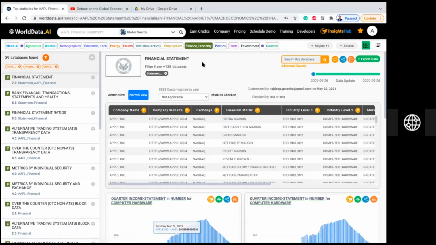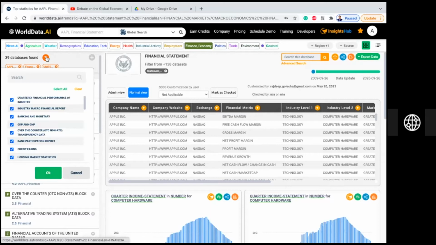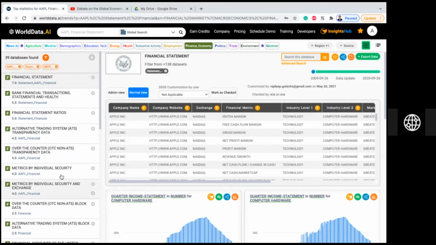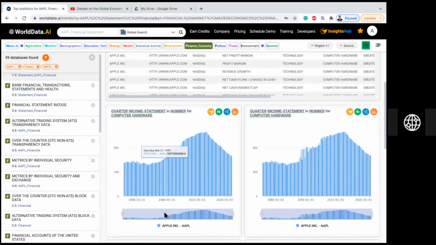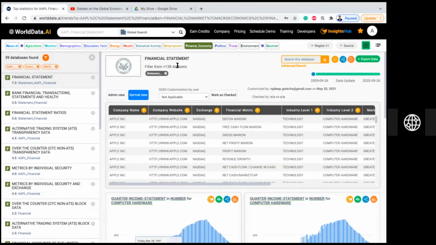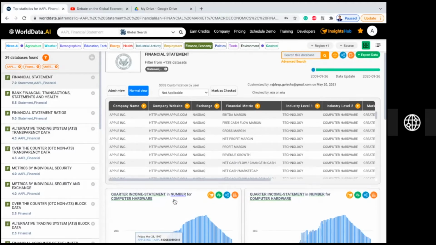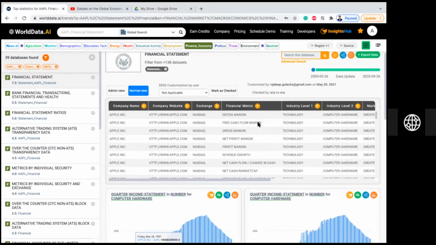Under 39 databases found on that left side, you can see those three orange tabs that list the different terms and filters you've used. As opposed to the 3.3 billion data sets, or the 1.4 million that we filtered down to, and then 181, now you can see very quickly 39 databases found, and then you can still go to the right side, financial metric, industry level, and you can filter for the EBIT margin, you can filter for free cash flow margin,